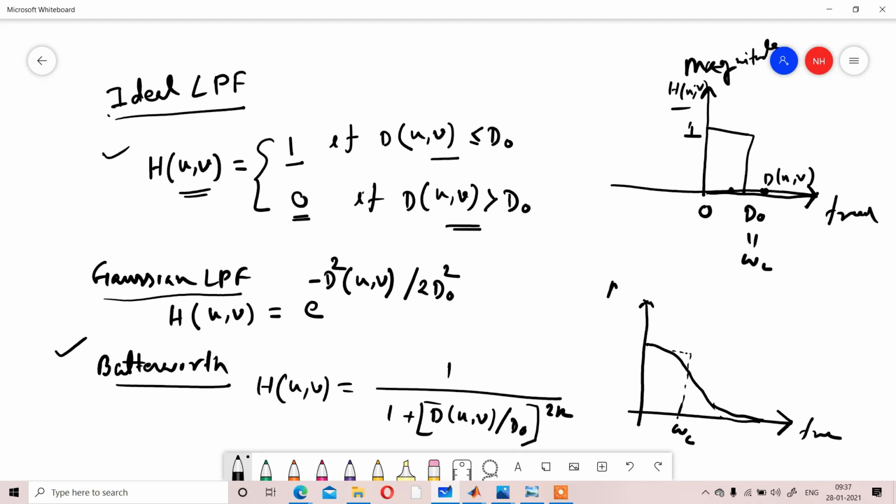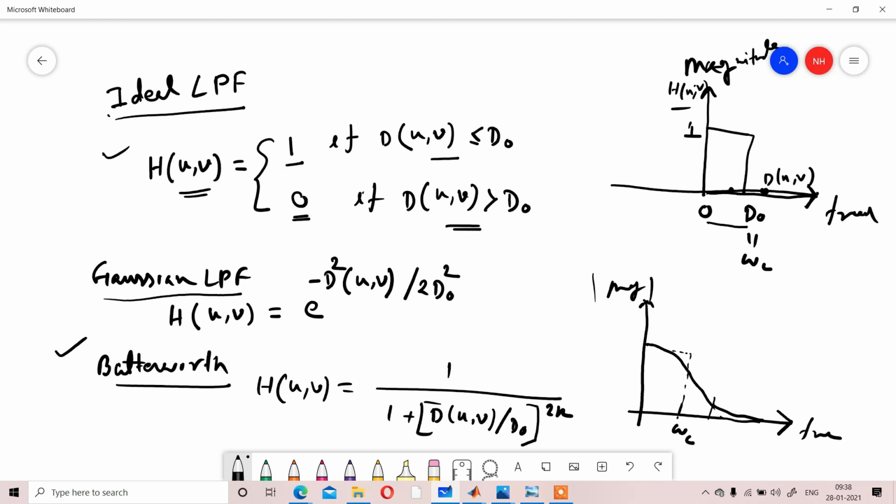Frequency, magnitude. So instead of a sudden change, you are getting a sharp change. And you can see, if we use an ideal filter, we are using that range 0 to D naught. If we can do that, we can get the low frequency range and remove all the high frequency range. But in that case, as a sudden change is not happening, a sharp change is happening, we don't know how much range we will consider. That range we will consider depending on our perspective.